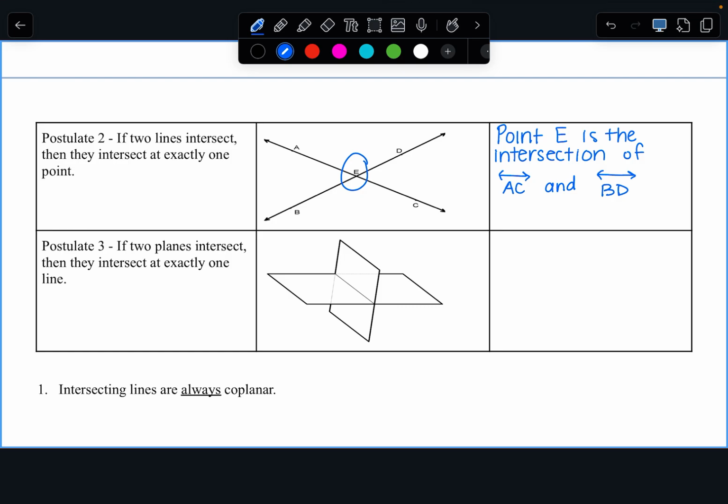And then our last postulate is that if two planes are going to intersect, then they're intersecting at exactly one line, which is shown right here. And if we just label that there's like points A and B on there, and if we label the planes X and Y, this is showing that planes X and Y intersect. So planes X and Y,